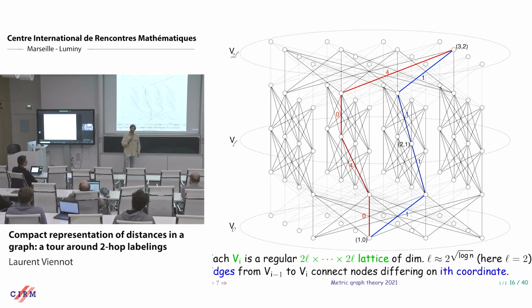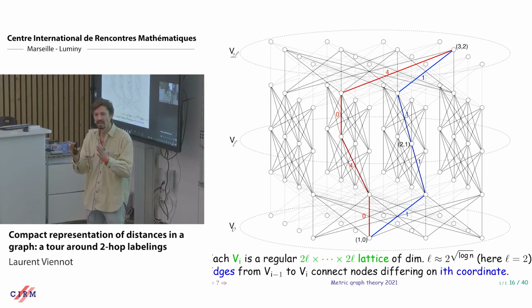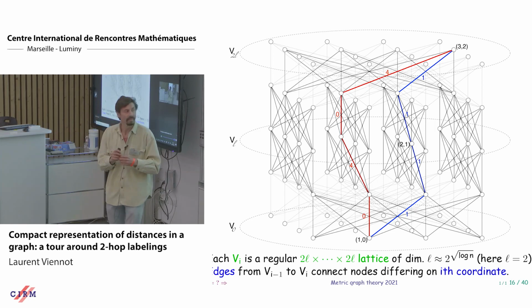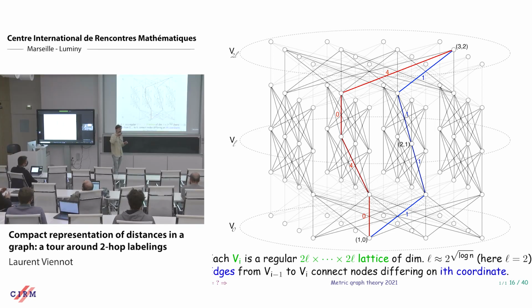If you look at how much you change on each coordinate and sum all that, this is fixed, because you just take the difference of the coordinates of the source and the destination. So the sum of variation of coordinates is fixed. And the length of the path is the sum of the squares of the coordinate variations. This means that if the difference in coordinate is even, there is a unique shortest path, the path going through the middle node.